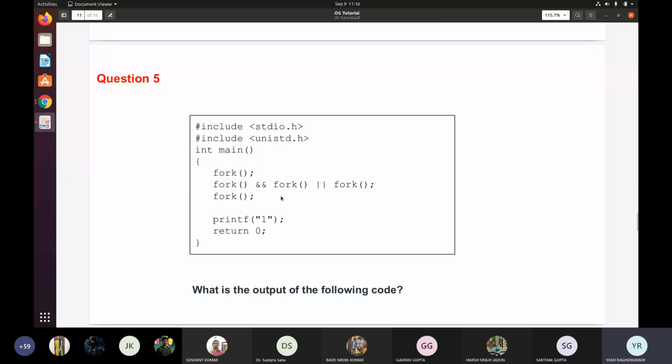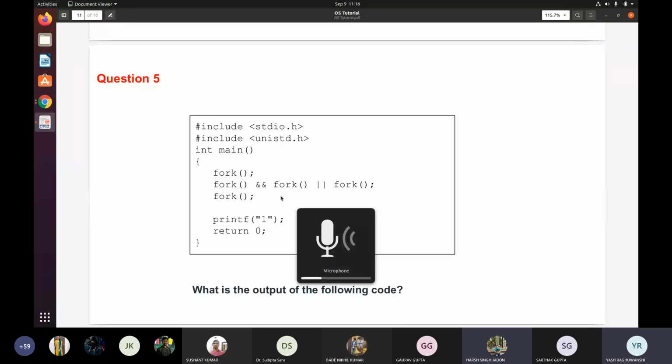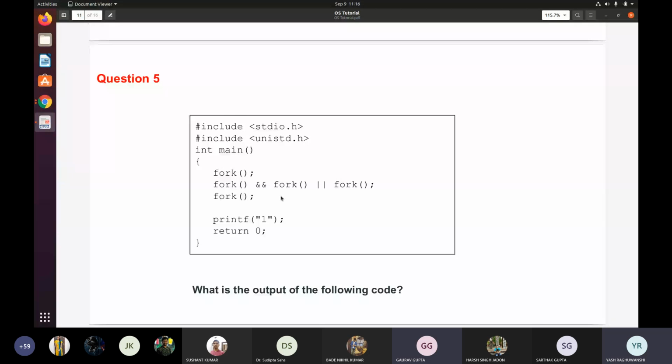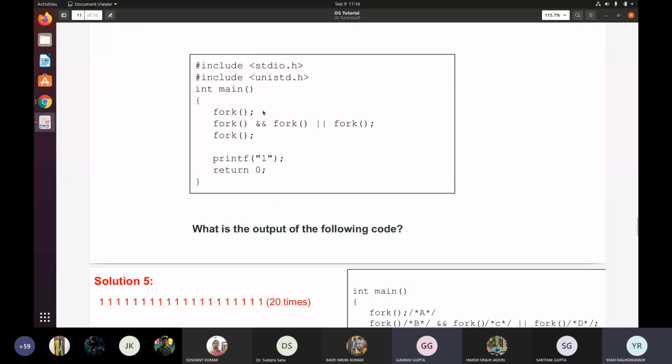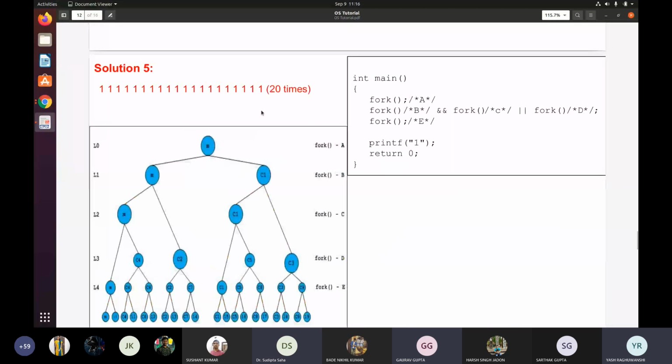Just give some minutes on this question also. So can we do some questions on multi-threading? Yeah. Okay, yes, you can move to question 6 first, and we can do it later. Yeah, let us move to the multi-threading questions.